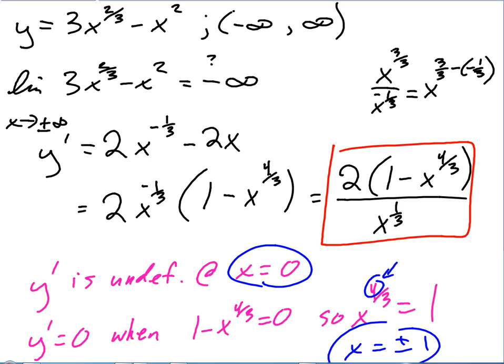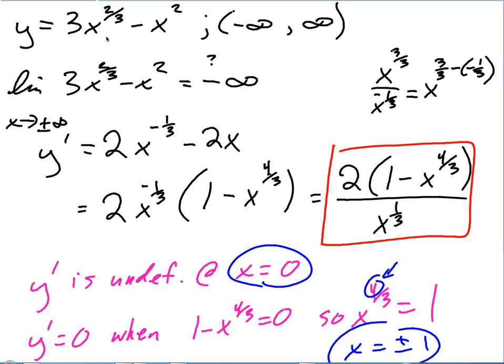Here's what we're looking at. Here's our original problem, original function, y equals x to the 2/3 minus x squared. And remember, with our souped up version of the table that we're using now, not only are we going to find the derivatives and include the critical numbers and all that good stuff, we're also going to look at the domain first, and then we're going to find any asymptotes that might exist, and those will be important to us too if we're trying to get an idea what this function's doing.